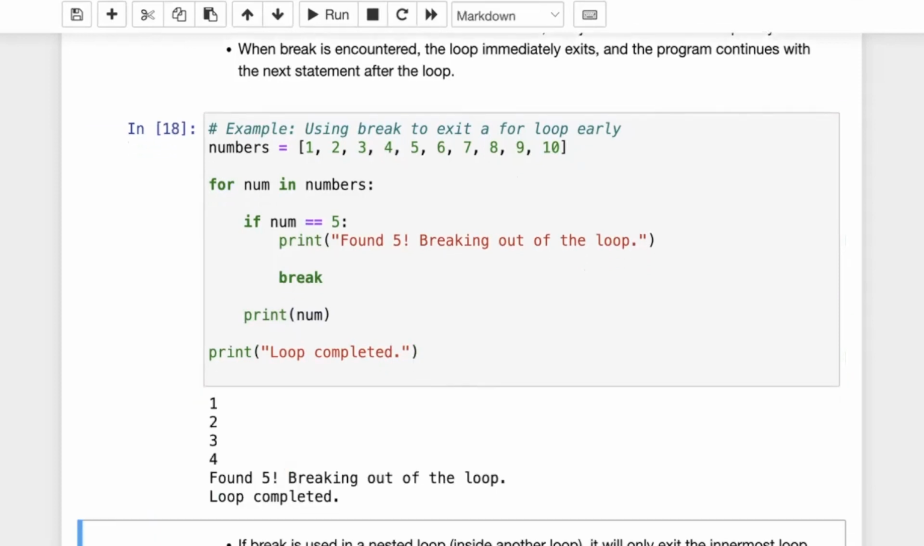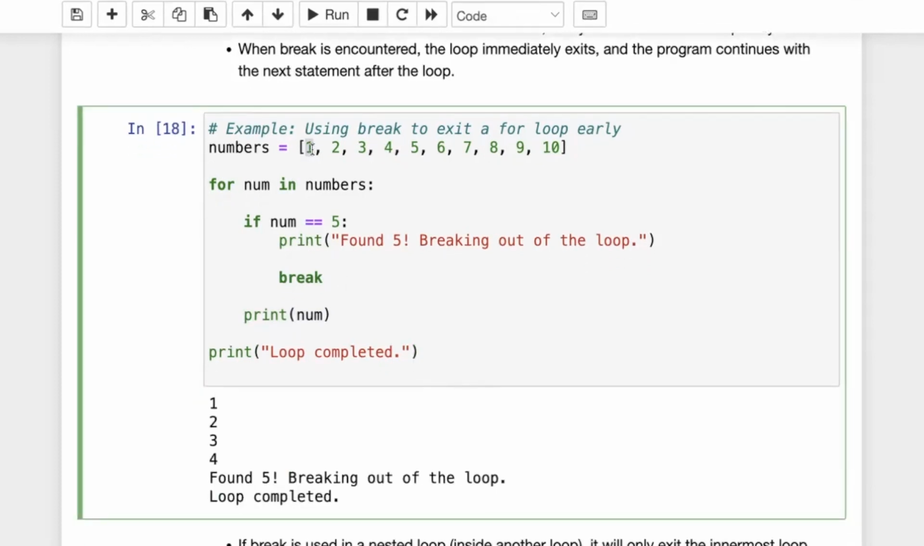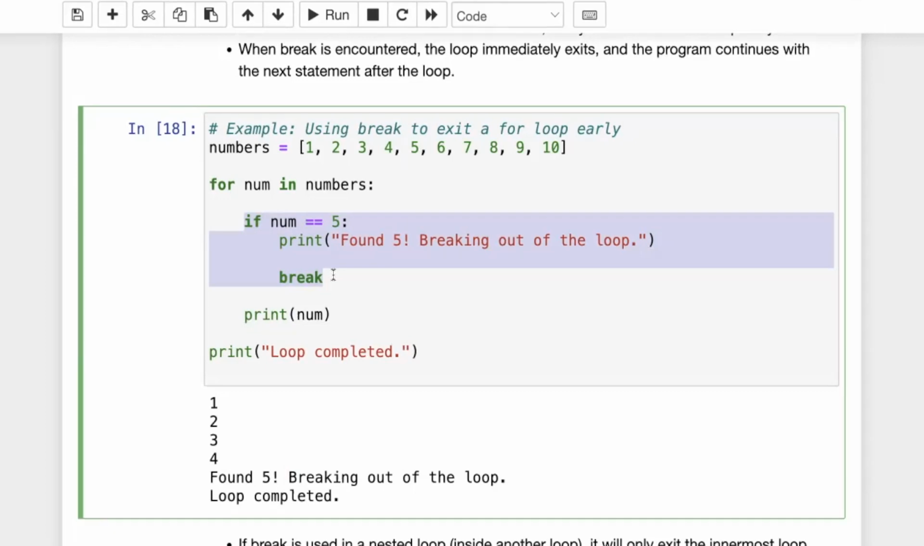And if I run this, you can see that we start with the first value, which is 1. And obviously 1 is not equal to 5, right? So we are not going to go through any of these things here, because this statement is not true. And we print num, which is 1. And then we go through 2, and it's still this if statement. We don't go inside it because this condition is not true, and we print that